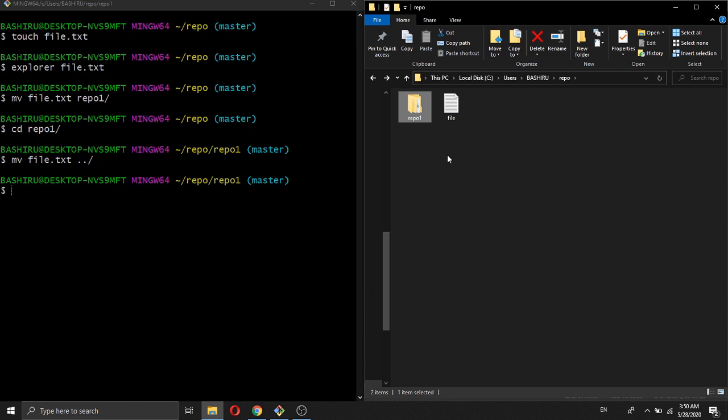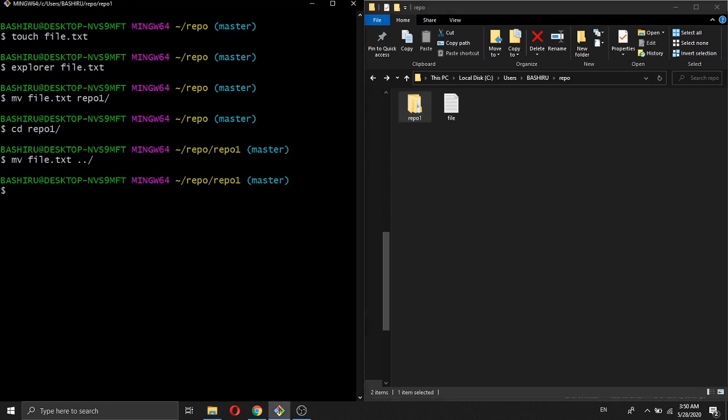Now this is moving files and moving files. So I want us to move it back inside the repo 1 and rename it. Instead of leaving it as file.txt, we can name it as new file.txt. So let's try to see how we can move and rename it. So for instance, let's say we are moving it back to the repo 1. So still we are going to execute the same command, mv. Now what is the name of the file? That is file dot